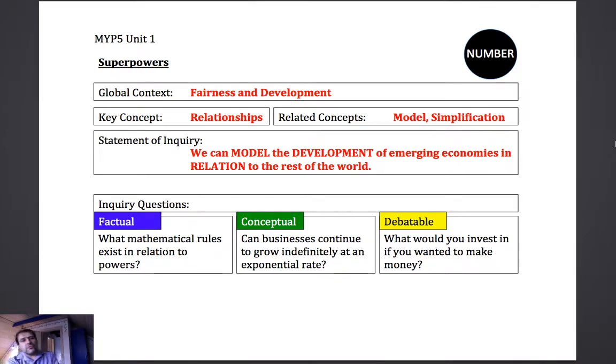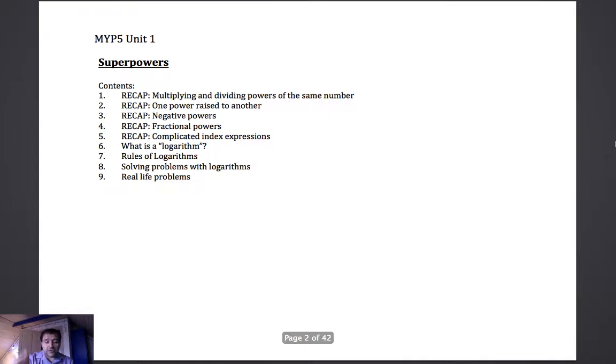So I'm running through MYP5 Unit 1. There's all the IB stuff, concepts, contexts, etc., inquiry questions. Pause the screen if you're missing those, but we'll move on with the actual content. So list of contents, and it's going to be divided up so that each item on that list of contents corresponds